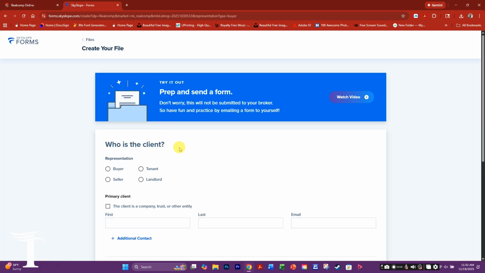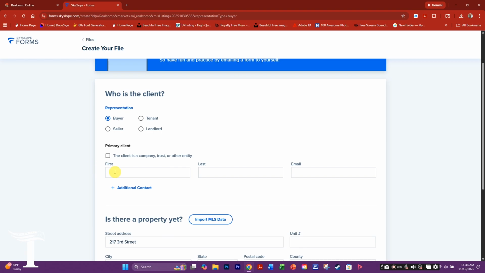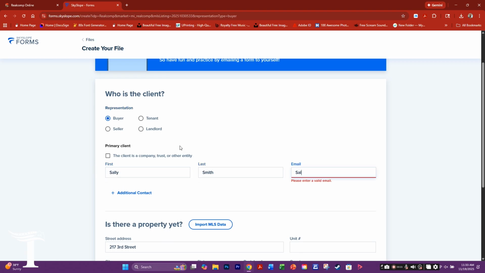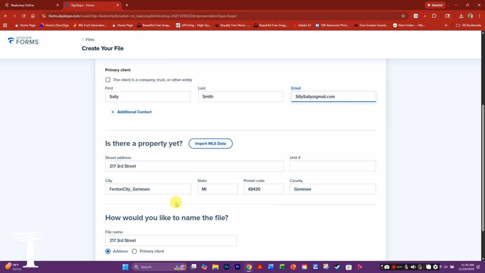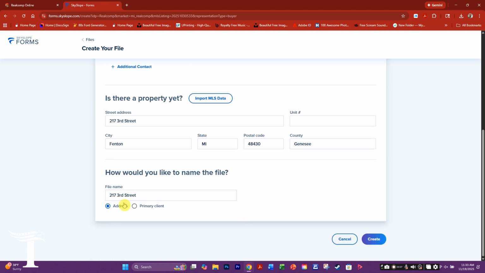This is going to pull up what I call the Skyslope Wizard, which is going to help you fill out your purchase agreement. We're going to put the buyer's information in, so we're going to select buyer, buyer's first name, last name, and email here. And scroll down to the bottom, make sure all your information is correct, and we will hit create in the